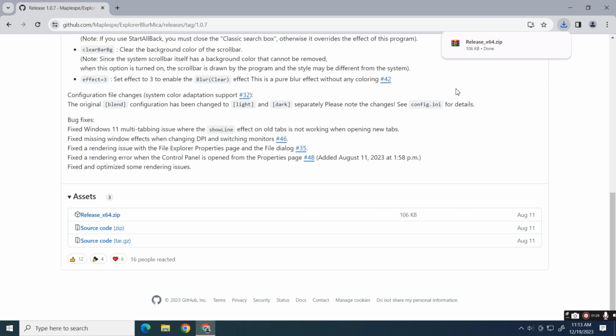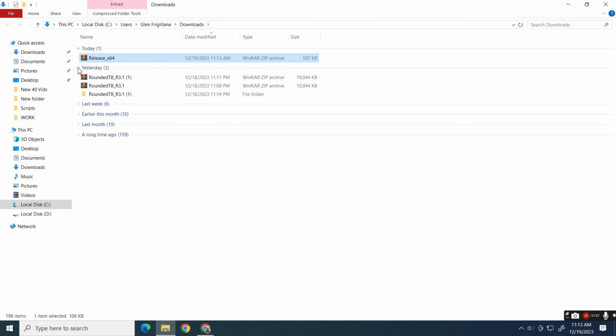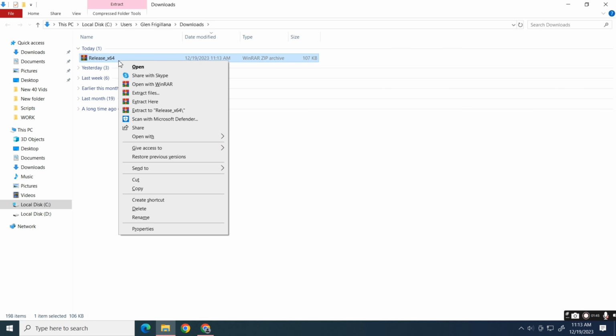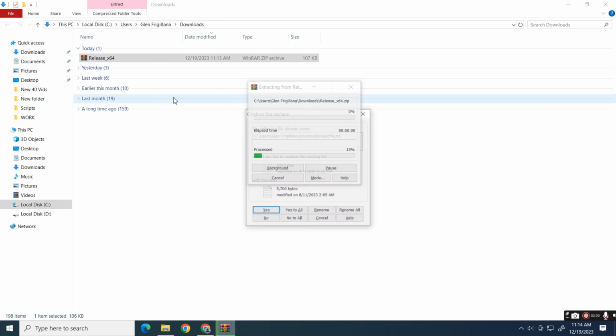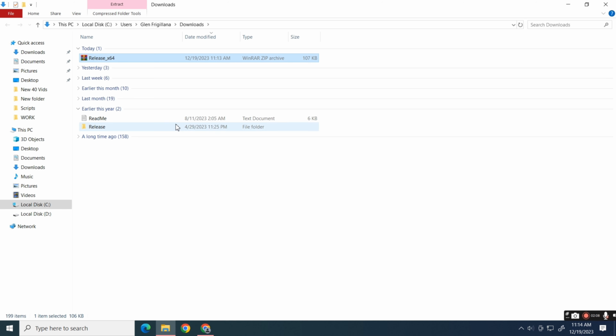Now, after downloading the zip file, go over to your Downloads folder. Then extract the zip file. Right-click on it. Then select Extract. Now, after extracting the file, open the Release folder. Then to install it,